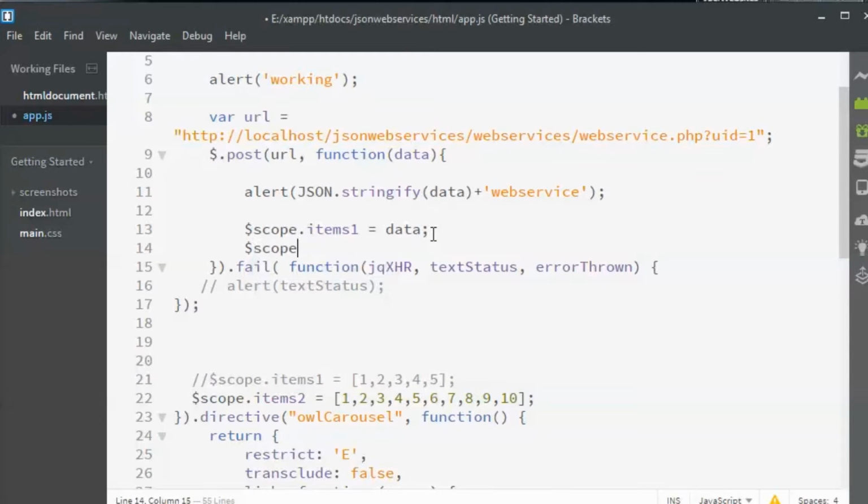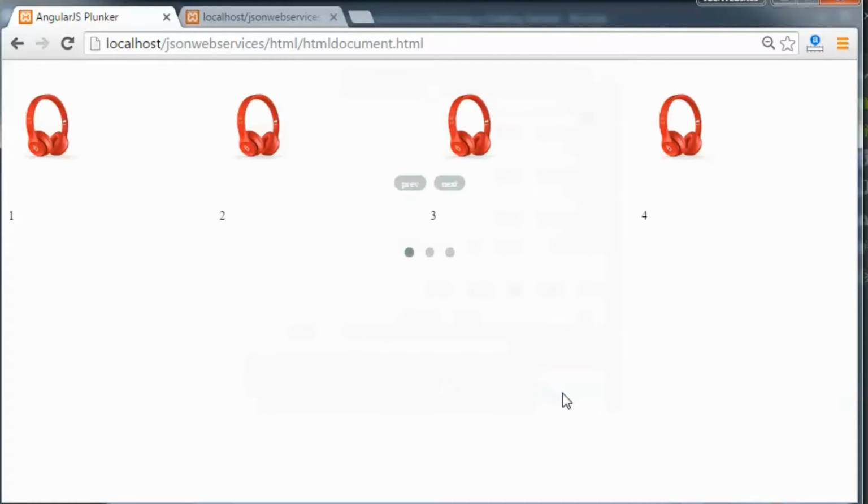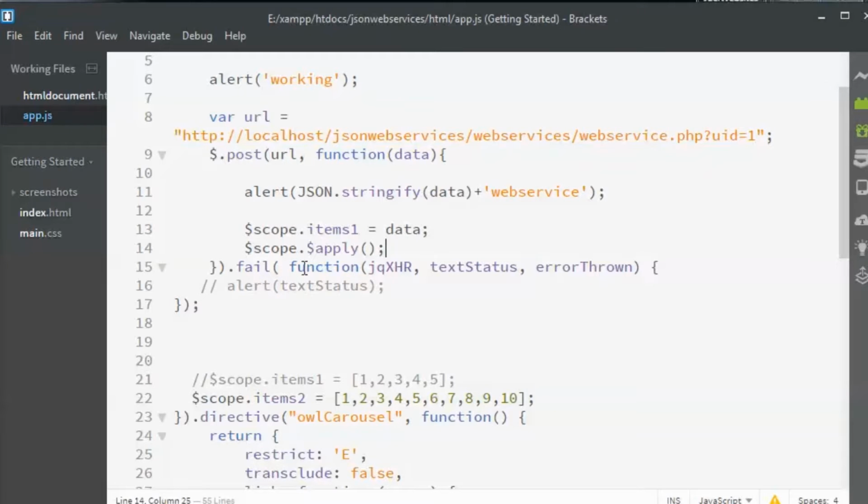Then I'll go back to my page and refresh it. We got the working alert, and after using $scope.$apply, it seems to be working fine.